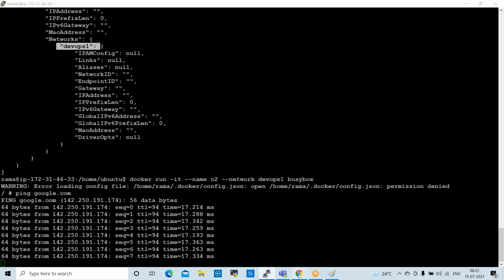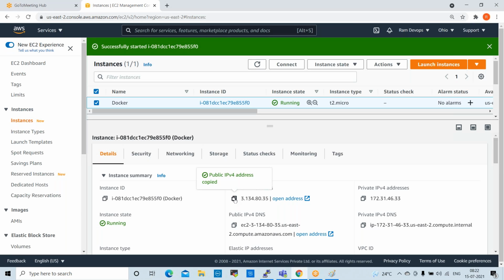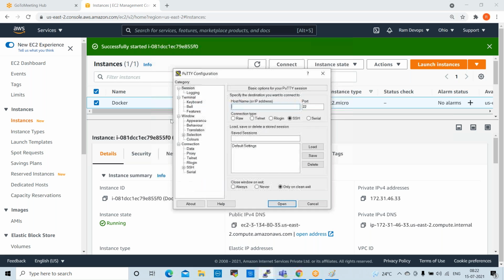We can open another console quickly. Copy the public IP. C2 we already created.